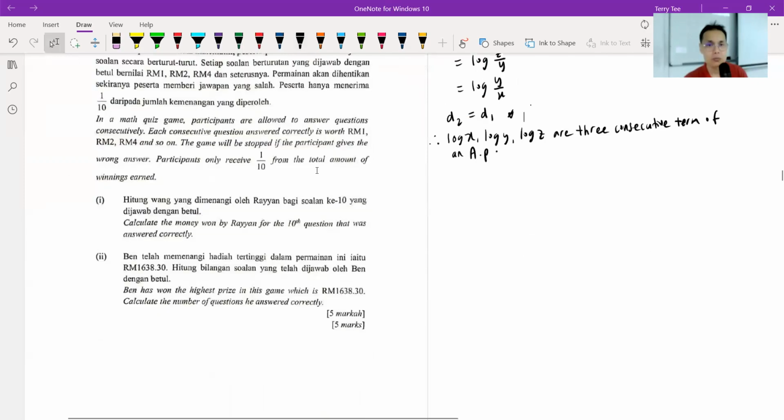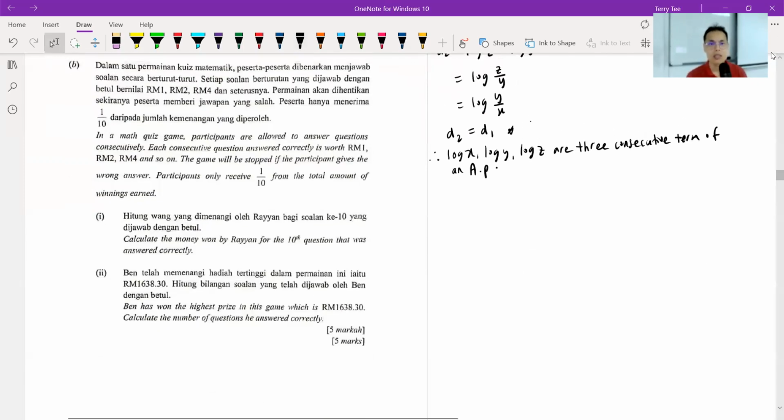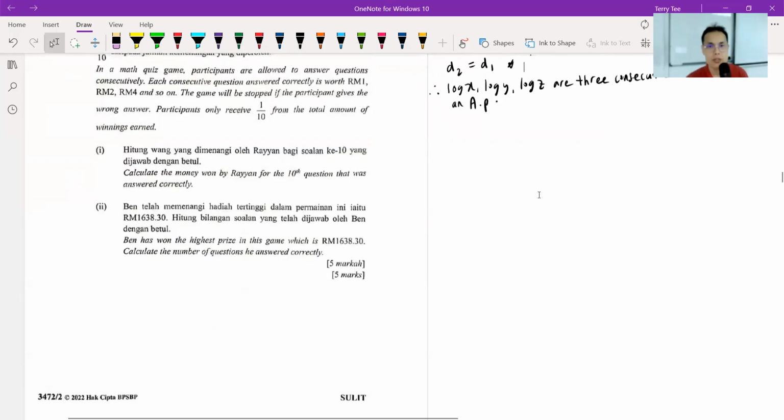Okay, let's move on to B. Next one. In a math quiz, participants are allowed to answer questions consecutively. Each consecutive question answered correctly is worth 1 ringgit, then 2 ringgit, and 4 ringgit. So this is geometric, right? You can see you double the money, right? The game will be stopped if the participant gives a wrong answer, and the participant only receives 1/10 of the total